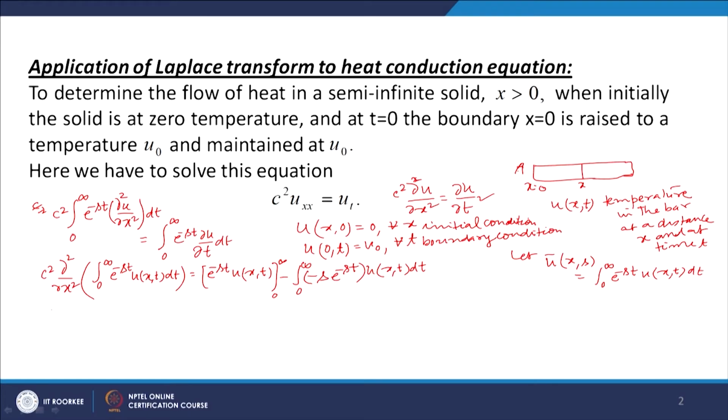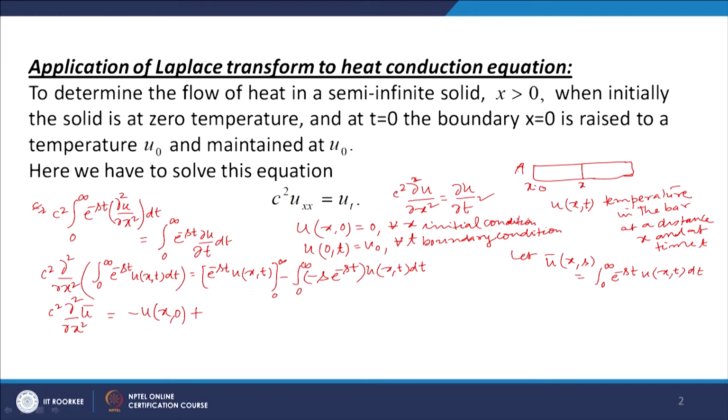So, we will have here c square, this u bar, okay, equal to u bar, and then here we will have as t goes to infinity u(x,t), okay, e to the power minus s t when t goes to infinity goes to 0. Okay, when s is positive, so u(x,t) into e to power minus s t goes to 0 because u(x,t) remains finite. So this goes to 0, and when t equal to 0, what we get? This is e to the power 0, this is u(x,0). So minus u(x,0)